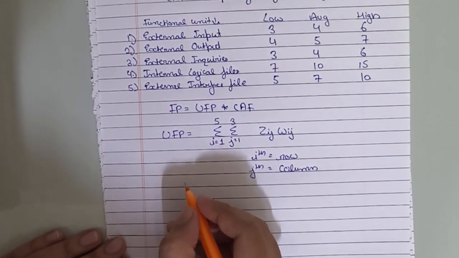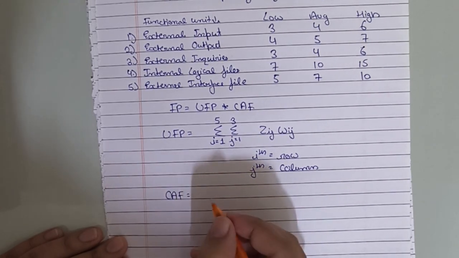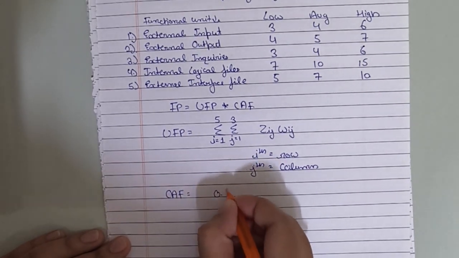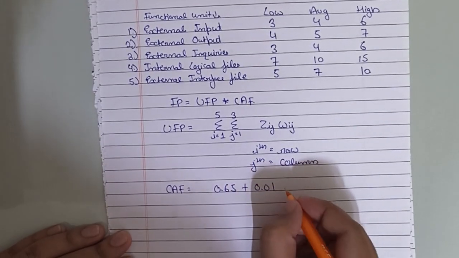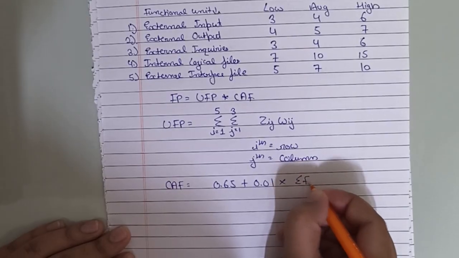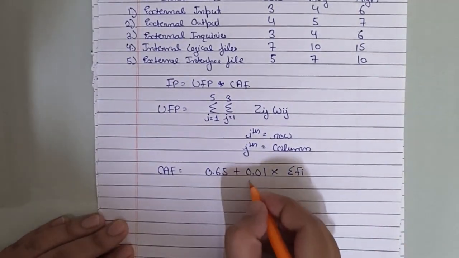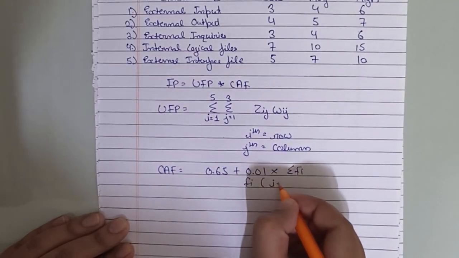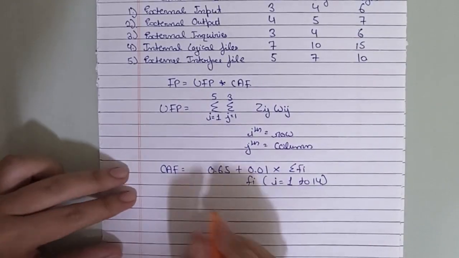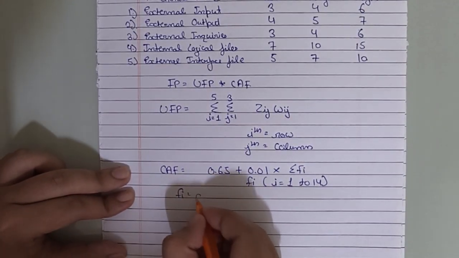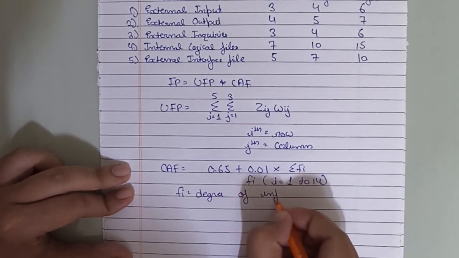The formula for CAF, complexity adjustment factor, is 0.65 plus 0.01 into summation of Fi, where i is equal to 1 to 14. Fi is the degree of influence,